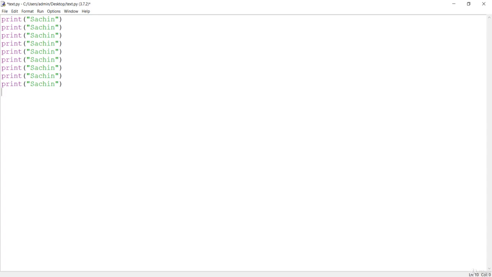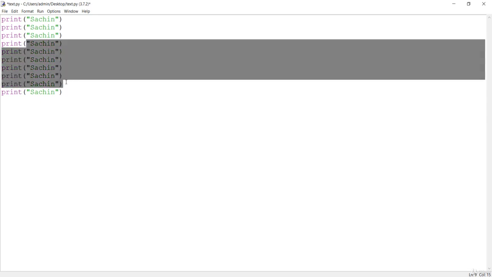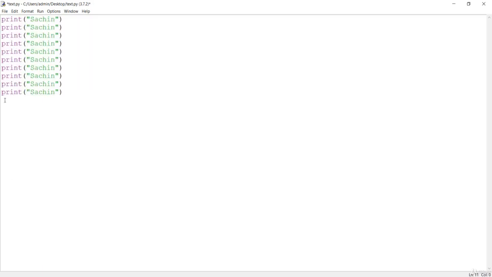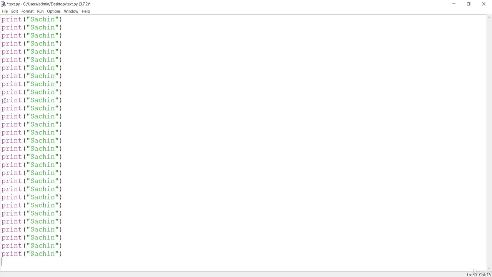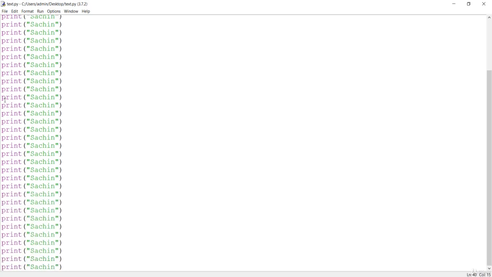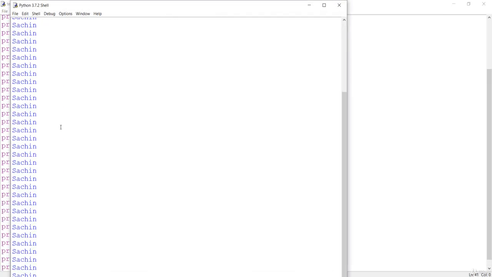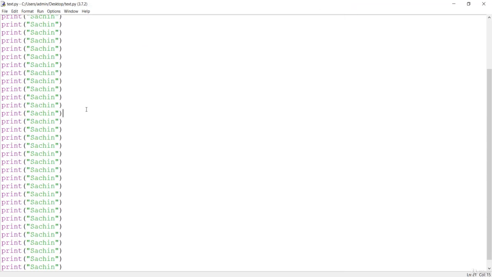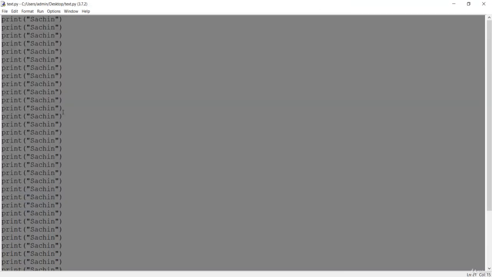If I told you 20 times, or 30 times, or 1000 times, this would be a tedious task. You have to copy and paste again and again, which is quite boring, but you need to do it. If you save this and run, you will get your output, but it will take some time. So this can be done by loops.